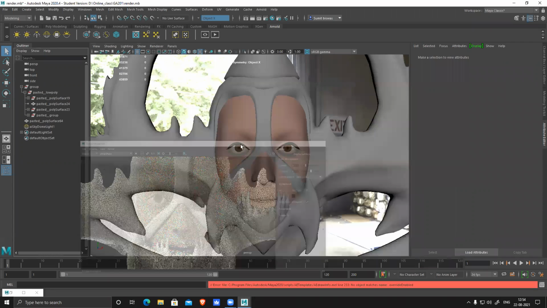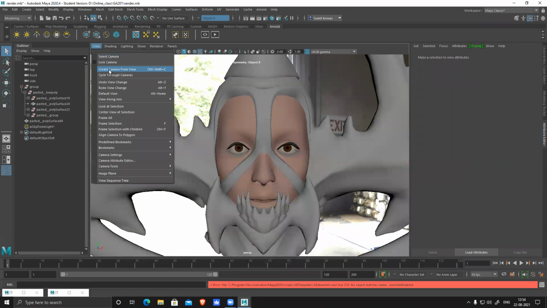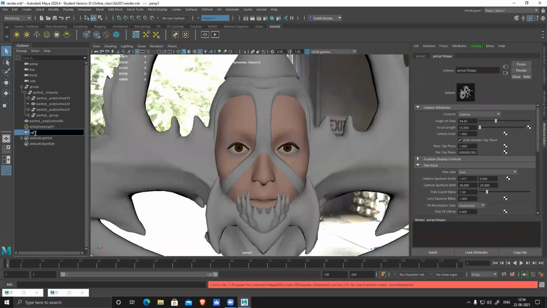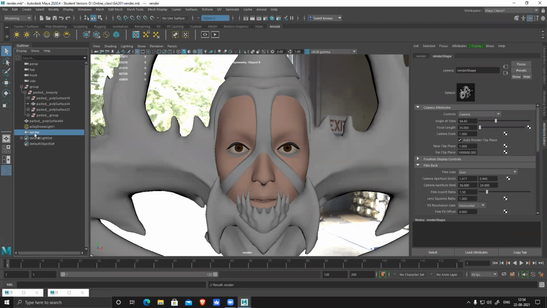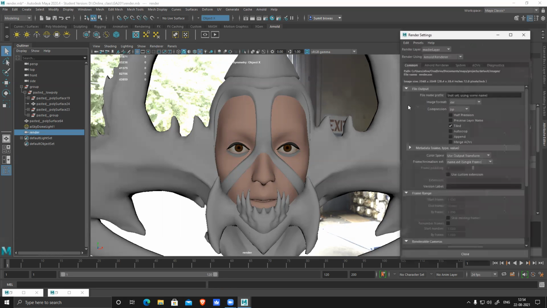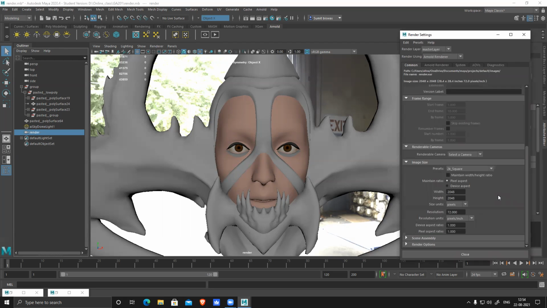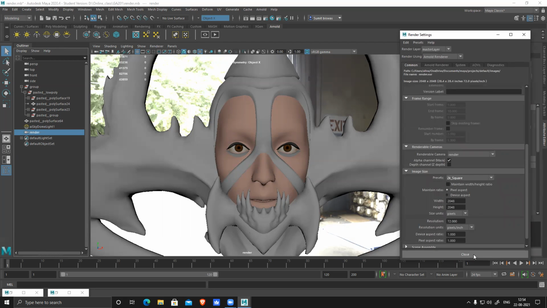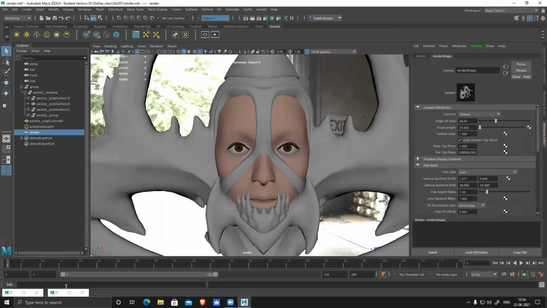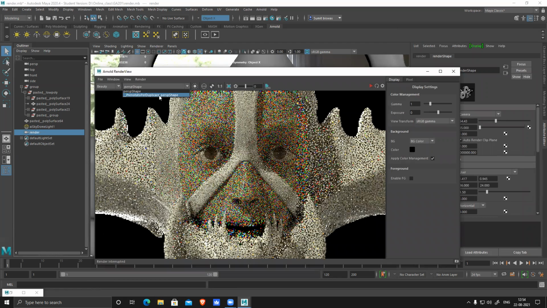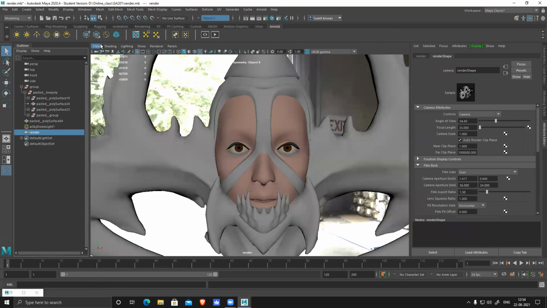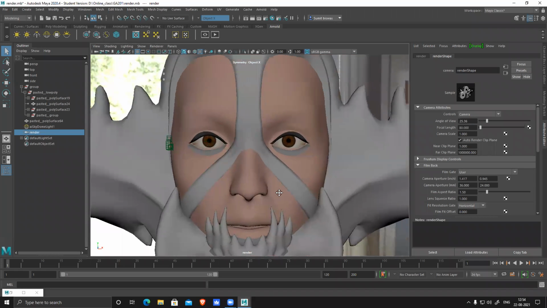Pause it and create a new camera, and name it render cam. Render, and in settings, I can go to render. Select this because this wasn't selected, so it was not rendering. Now, if I close this and change the selected camera to this render camera, maybe 80, and zoom out slightly.